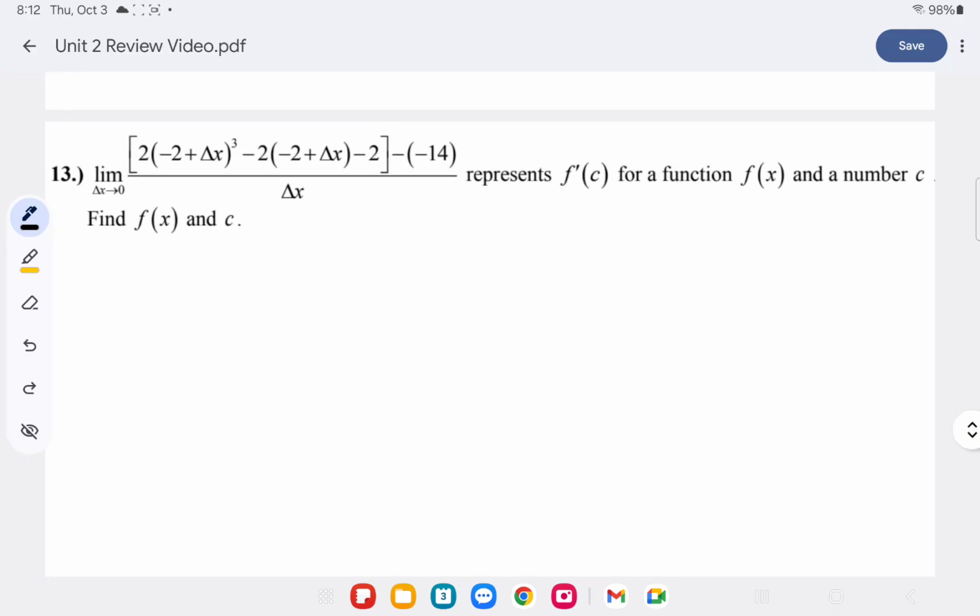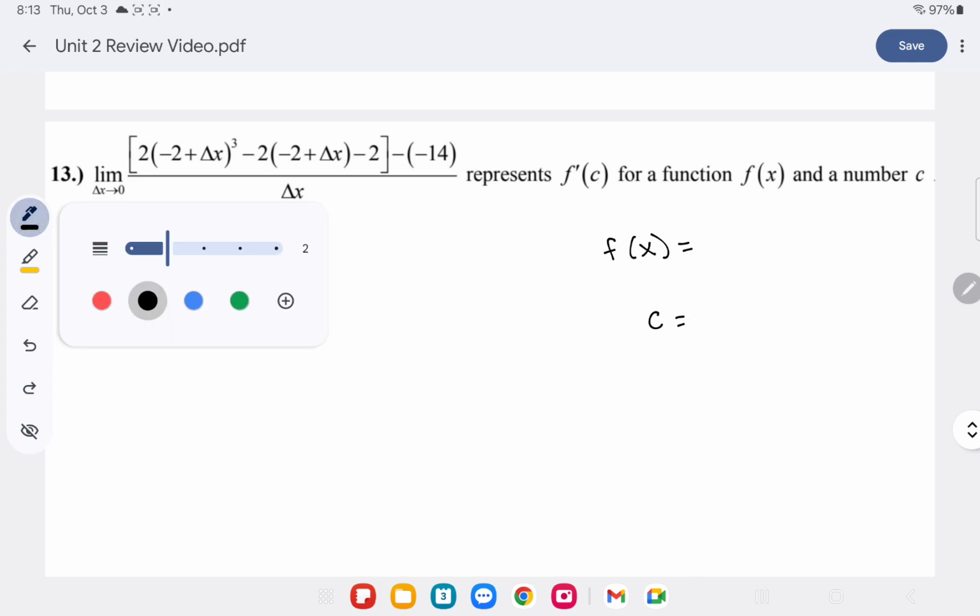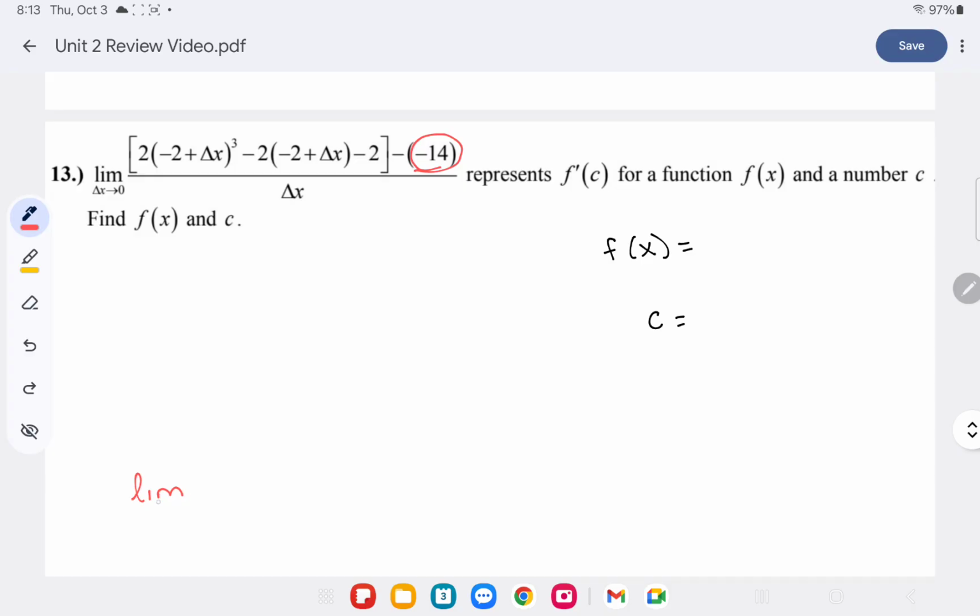So this one's a little trickier too. We're using that limit definition at a specific point because we're also looking for our C value here. And we're thinking backwards. We're wondering what was the original function if this is what it looks like when we plug it into the limit or the derivative definition. And so what was the original function? And also, what is the value that we plugged in? What's that C value? Because the C value is going to tell us how we got this negative 14 right here. Right? Because the derivative definition that we're looking at here, when it's at a specific point,